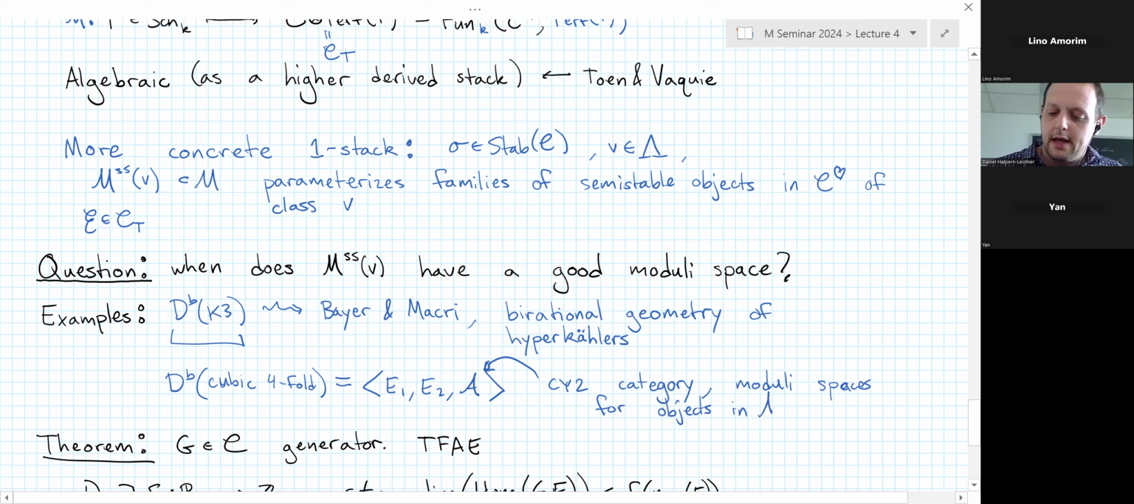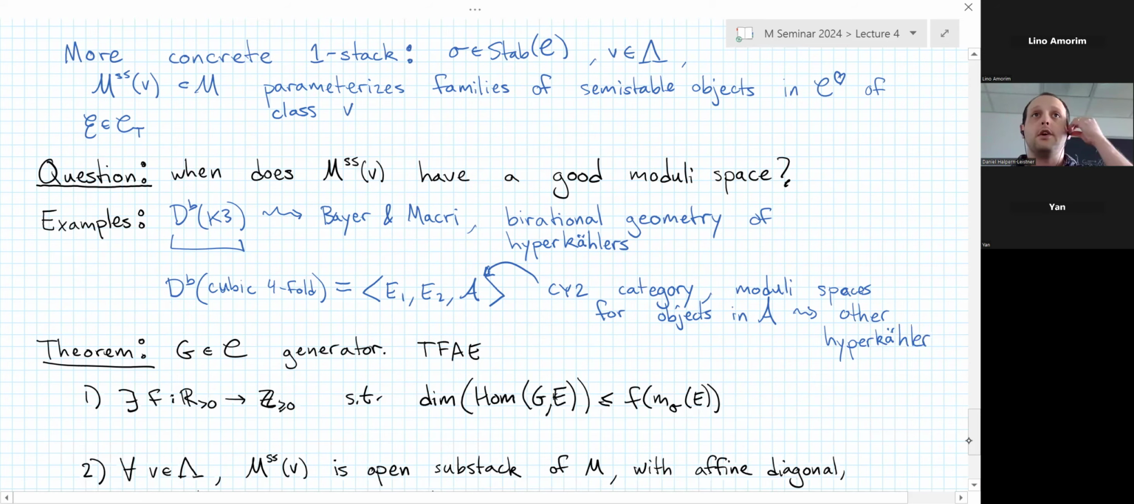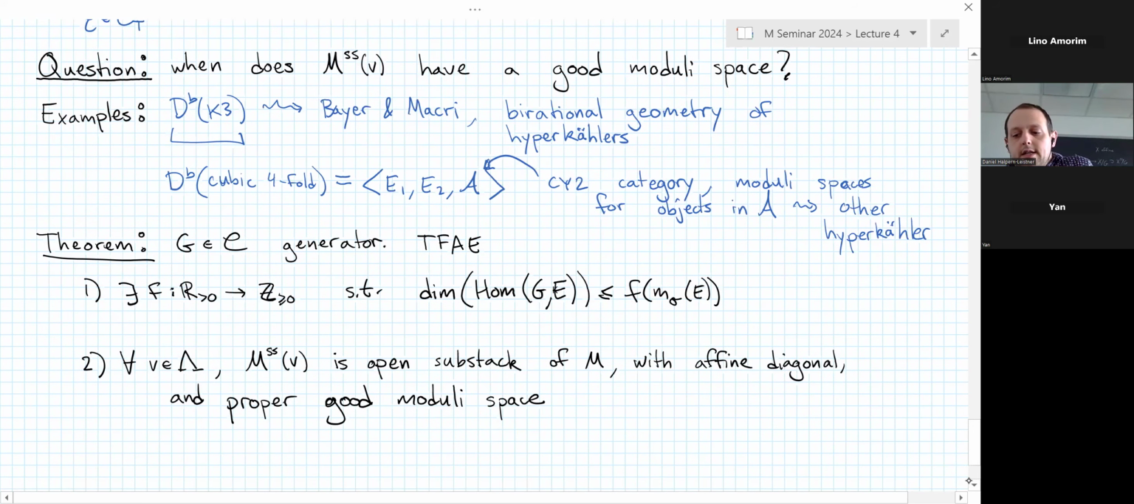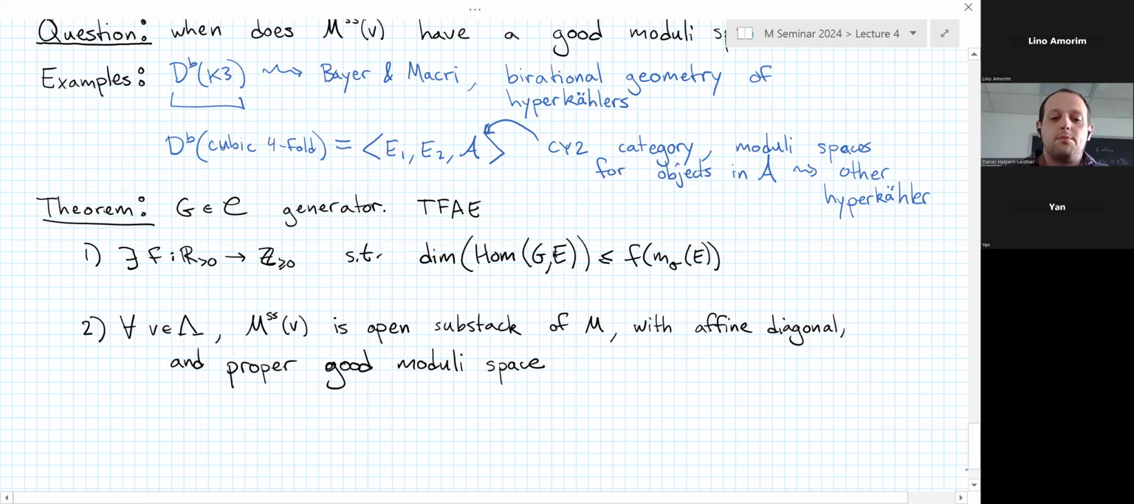In A, give you other hyperkähler varieties. So you can sort of extend this story to use the moduli theory for Bridgeland semistable objects to study other hyperkähler varieties that are sort of deformations of these moduli of sheaves on a K3. And so the surprising theorem is that if you have this smooth and proper category,